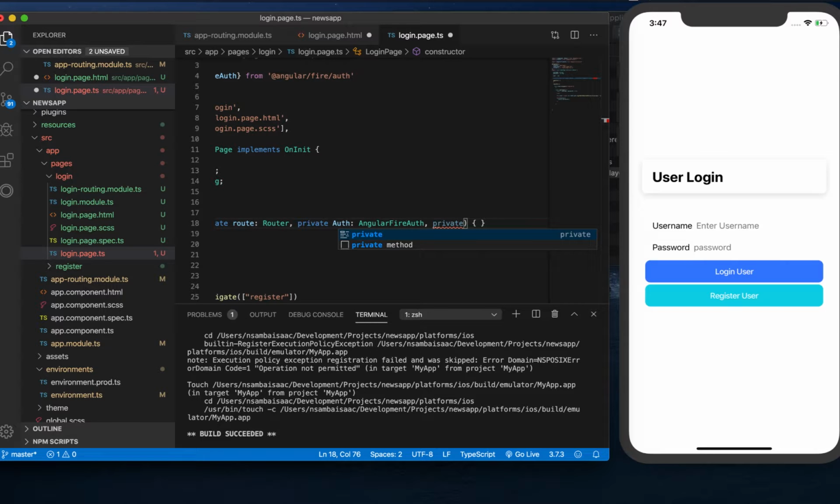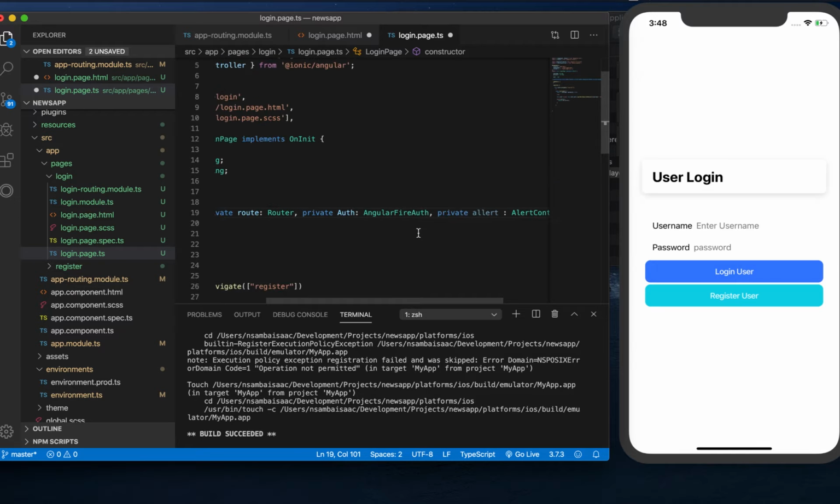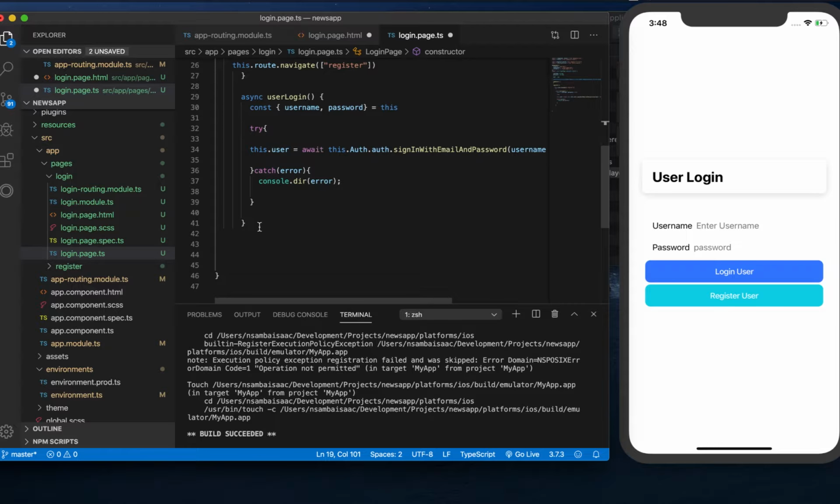private alert of type alert controller. So this will create a function which will be alertAllFunc. This alertAll will have